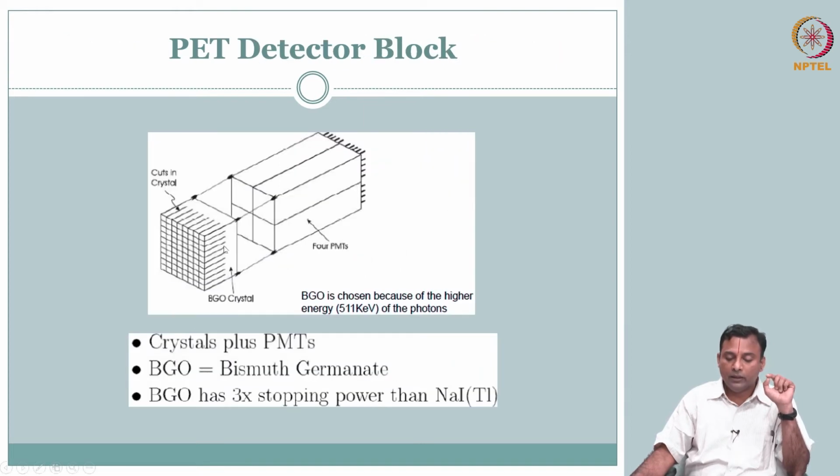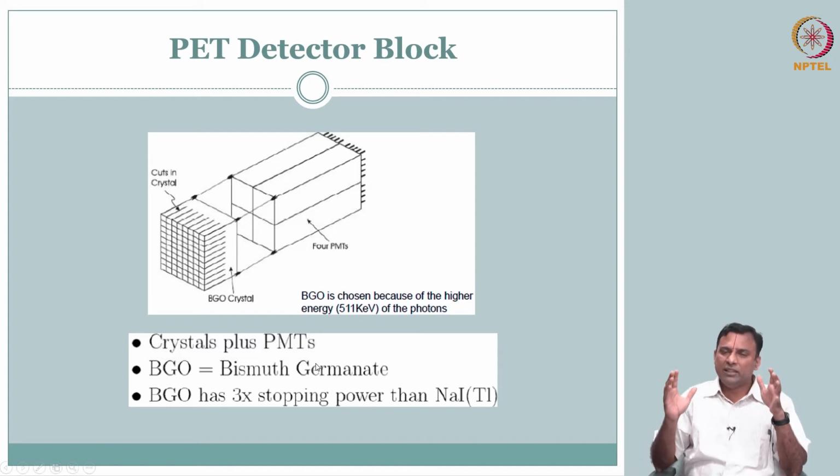and therefore here the crystal material is usually bismuth germanate, right. So here you notice it is very tuned for 511 kilo electron volt compared to your, say, sodium iodide. Compared to your sodium iodide, this has 3 times stopping power. That means it can be thin, 1/3, right. So it has its advantages, you see. So the idea here, the principle is the same as how we did for SPECT, the same gamma ray detector principle, but here it is fine tuned only for 511 kilo electron volt.